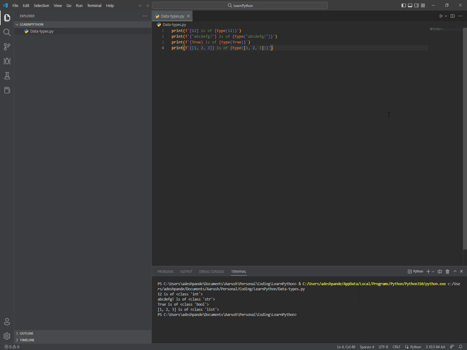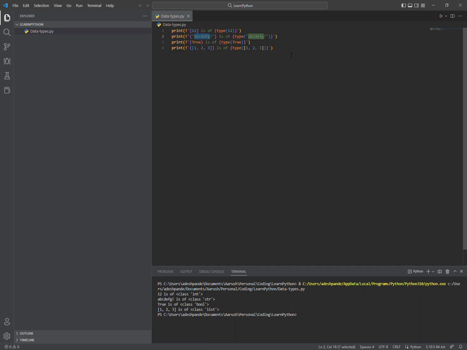So an int, or an integer, is just how it sounds. It's a number. It's an integer. A string is a little bit different. It's surrounded by quotes. They can be double quotes like in this scenario, or they can even be single quotes like this. Although I would not recommend that in this case because Python would get confused. And they can have anything inside them. They can have letters, numbers, whatever. It can even just be full of exclamation marks or absolutely nothing, and it'll still be a